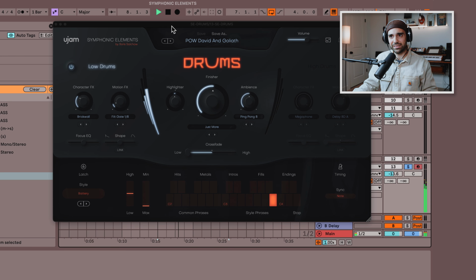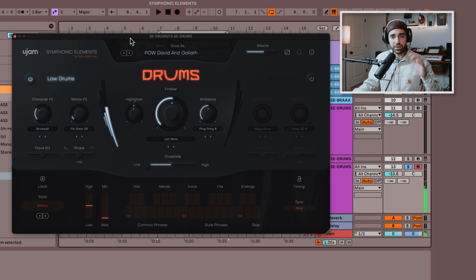Very bombastic sounding. Now, take a look and remember everything that we just went over. We have lows and highs on either side. Notice that highs are turned off over here because I wanted to just feature the low drums and this bombastic percussion. And then look down here below and you're going to actually see a much simpler playing keyboard with common